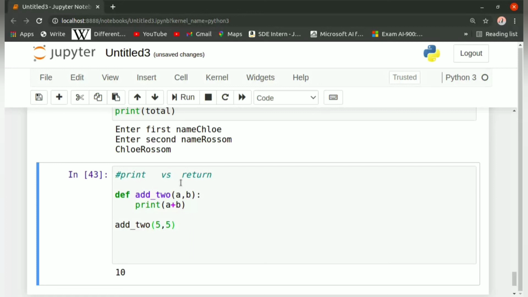So we will be using return only, and I do recommend you to use return after the function. If it is a function related to some printing process, then in that case you can use the print function, but try to use return in more cases.